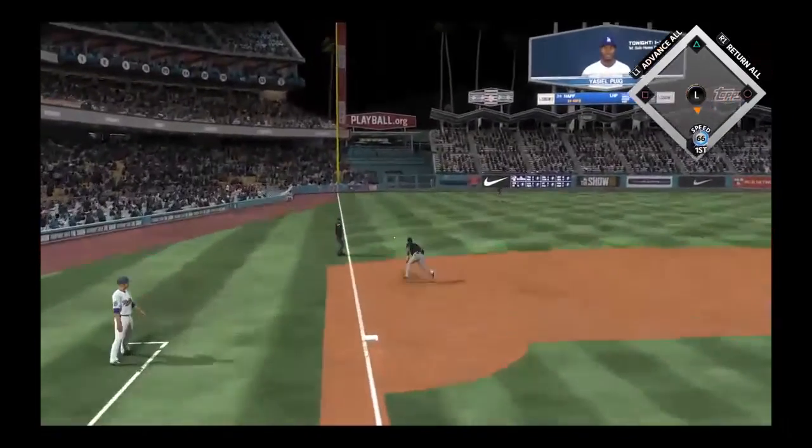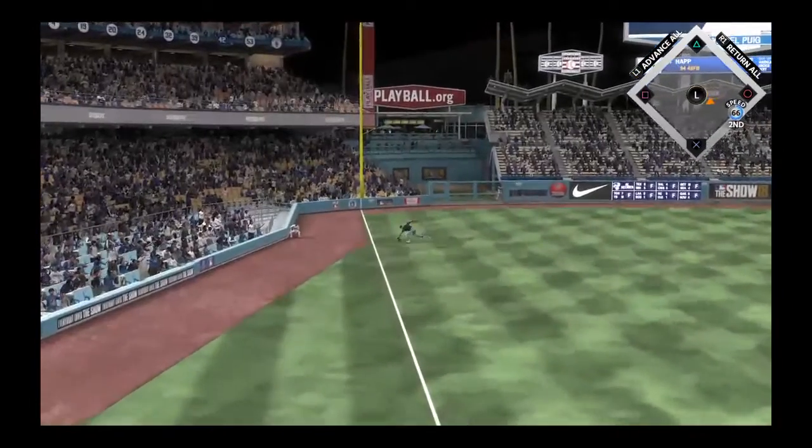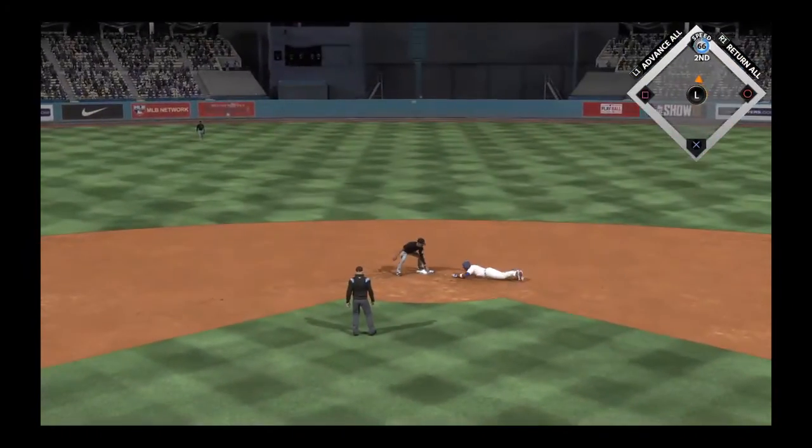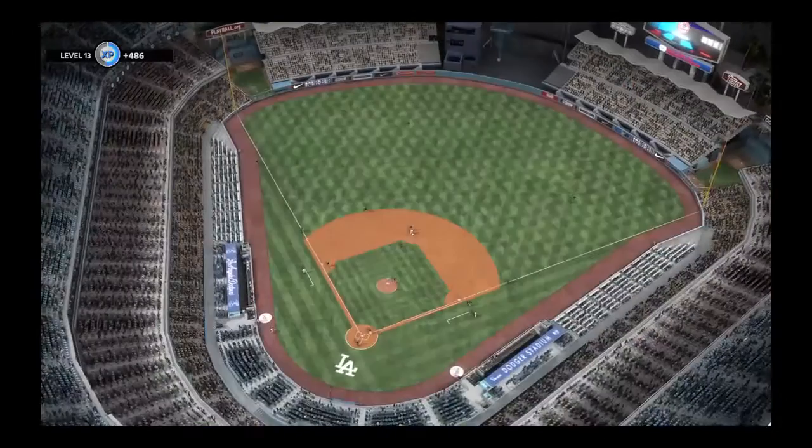Hit hard down the line. That's through for a base hit. He's now 2 for 2 in this one. Throw into second. The tag, and they'll get him at second. And with that,